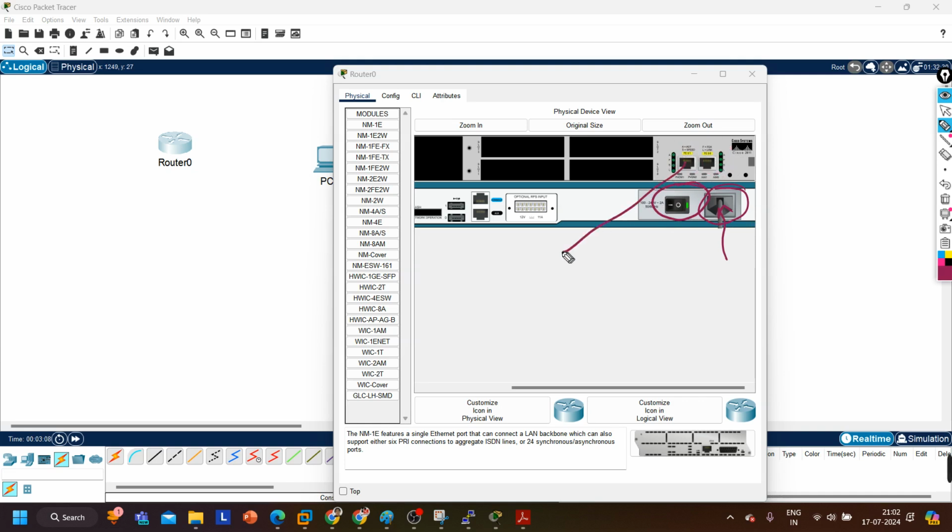You can connect one port with one switch and the other port with another switch, or one port with a switch and one port with the internet. So this is how a router looks. You install it in the rack, then power it up, turn it on, and then connect this console port